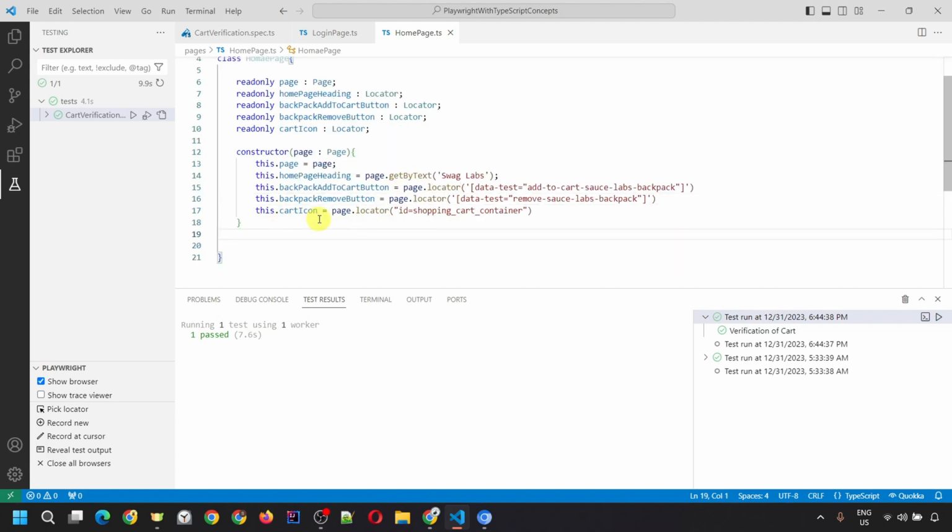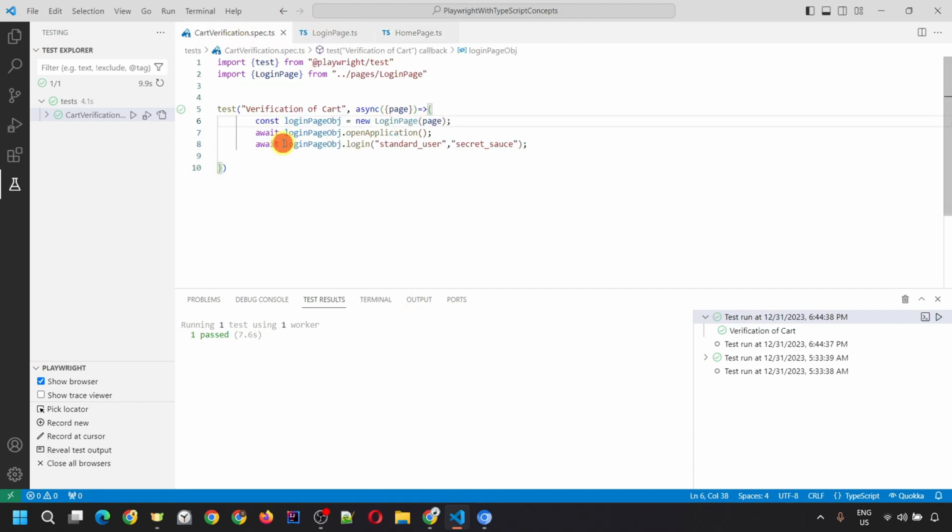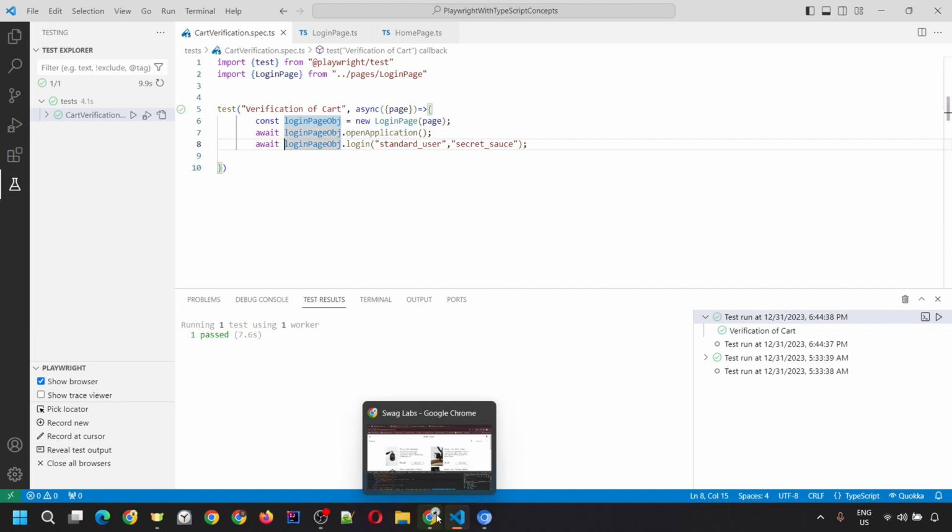And then inside that method we would be putting the assertion, and then we would be calling that method inside our TypeScript file, right here. And the second way is that we would directly put the assertion here into the TypeScript file. Okay, so there are two different ways, but as per Playwright